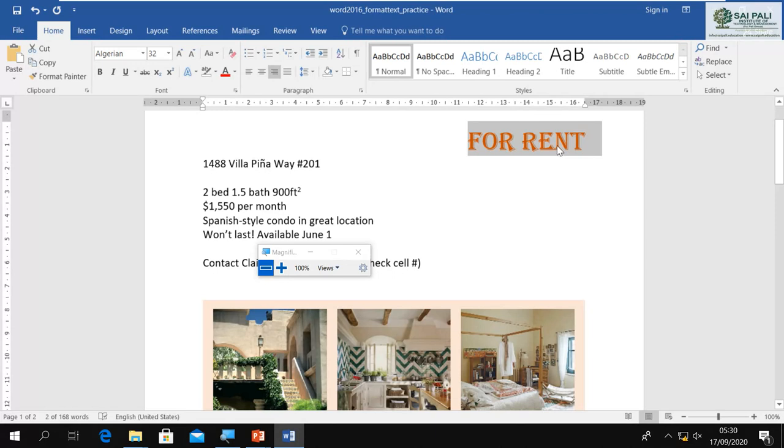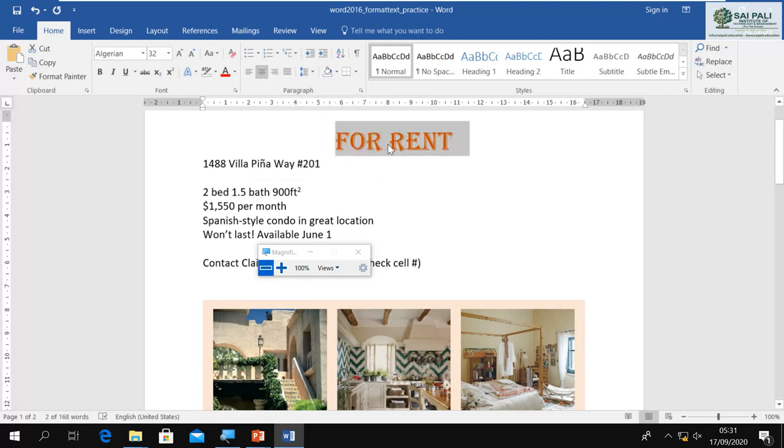This is my document related to some rent, and this one is like a headline for my document. So I want it to be in the center, so it will look attractive and emphasize that this document is related to this thing. So I can click here the center alignment, and you can see my text directly comes into the center.